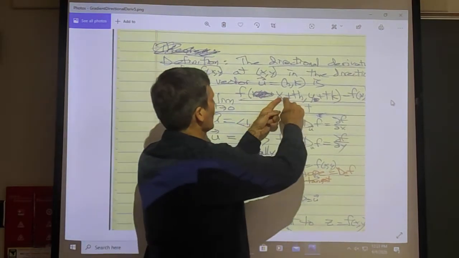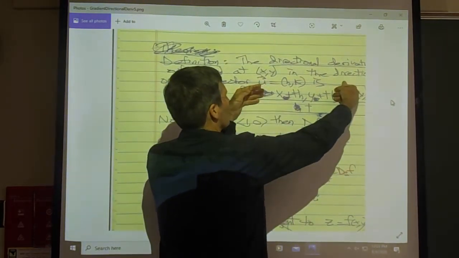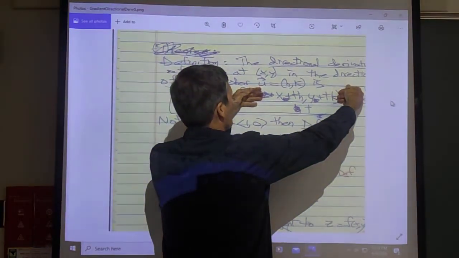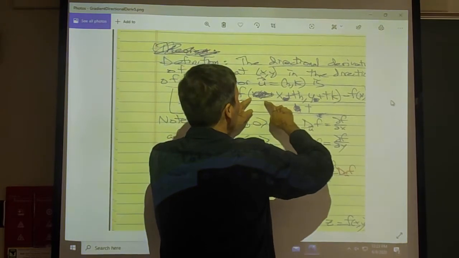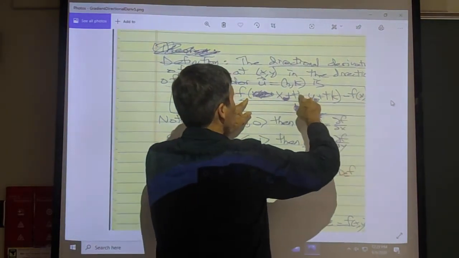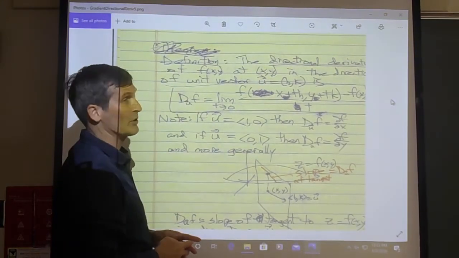This is moving you in the xy plane in the direction hk, right? This is a parametric curve for a ray coming from the point xy in the direction hk. So you're moving along a ray in the xy plane, taking an increment of f moving in that direction divided by t. If you take the limit as t goes to 0, this gives the slope of the tangent line